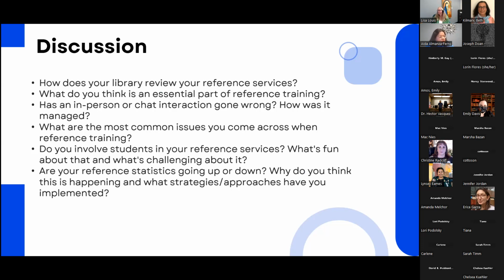How does your library review your reference services? What I did is I created an FAQ guide. So every month when I have to do my reference monthly reports, I pull up the chat. And if it's constantly the same question over and over again, then I create an FAQ,